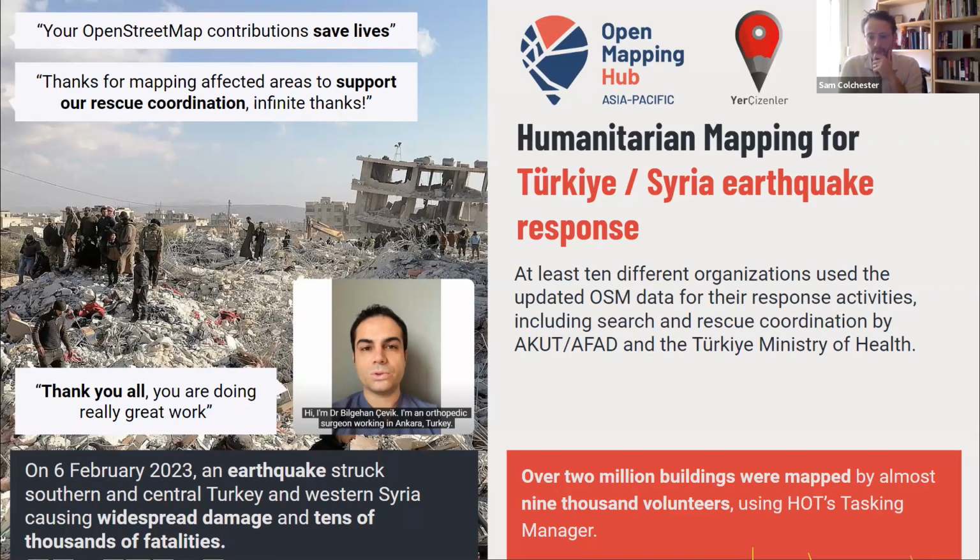Okay. And a large number of organizations, at least 10 different organizations, used the OpenStreetMap data which was generated in their response activities, including for search and rescue coordination.